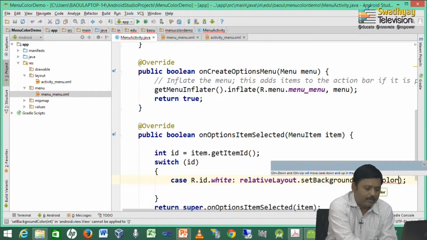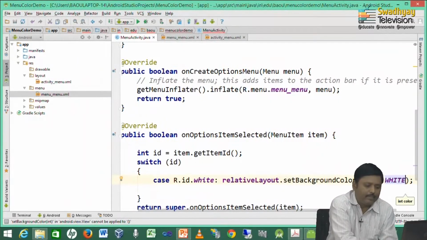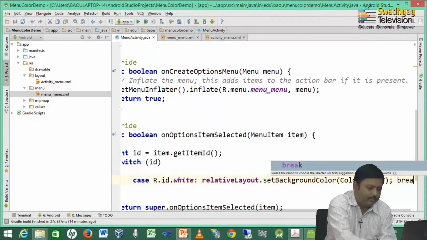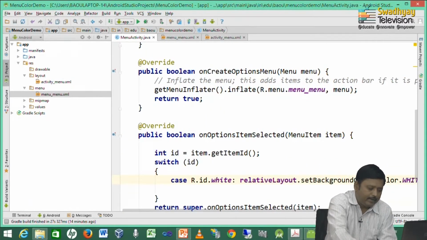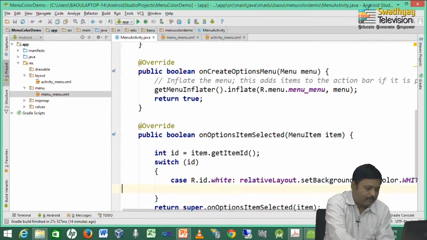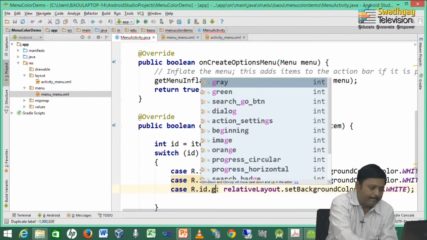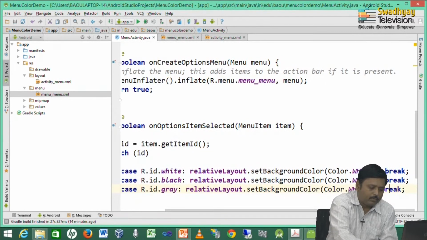So, here I write down Color.white, which is an inbuilt constant available inside the Color class, and then we have to write a break statement, and inside these we can write other options also, for example black and gray. So, here I write down gray, here I write down black.